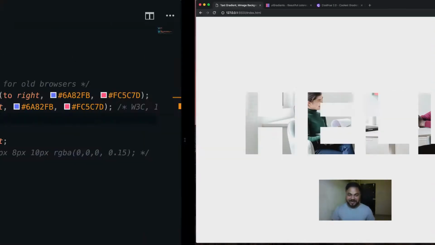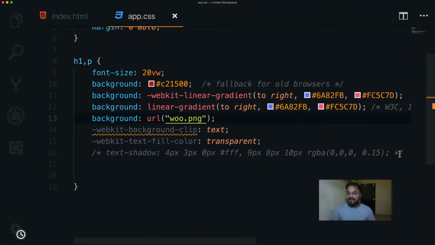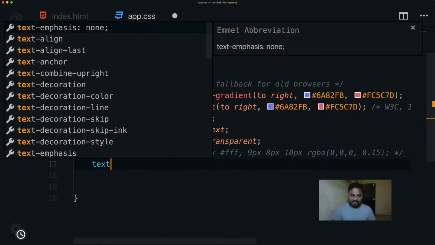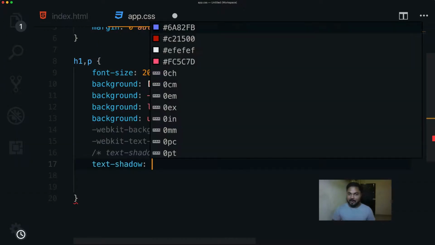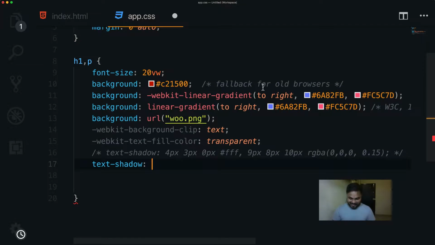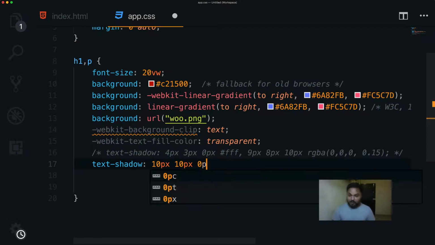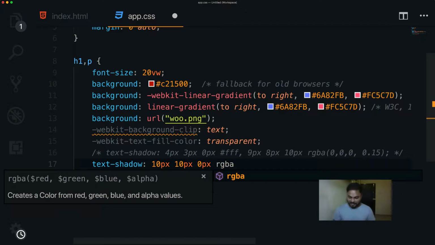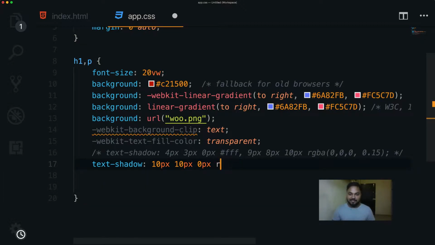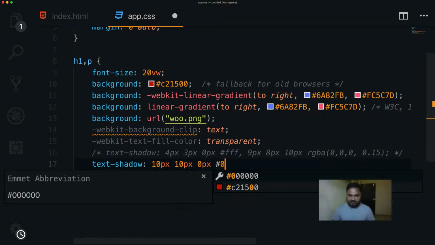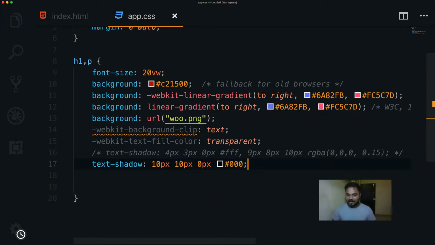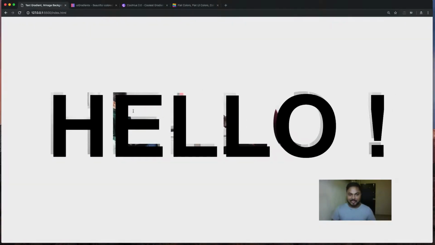Let me show you. Let me get back to right here, and I'm gonna make use of text shadow. So I'm gonna say here text-shadow, and now here I'll just go ahead and say here X is gonna be 10 pixel, Y is also gonna be 10 pixel. And now blur is going to be 0 pixel. If you want to add blur, you can add it. I'll show you later. And then you can actually use the RGB color. You can actually also use solid hex based color. Let's say I'm gonna make use of 000, which is completely black. If I get back to here, you see that now we actually have this kind of effect here,